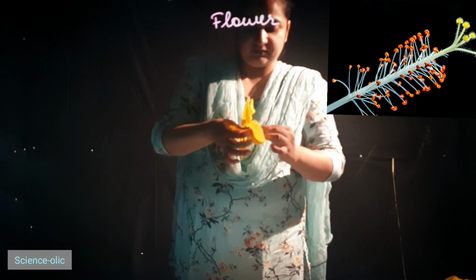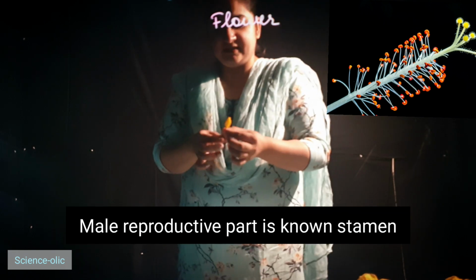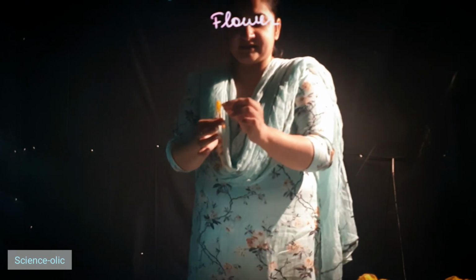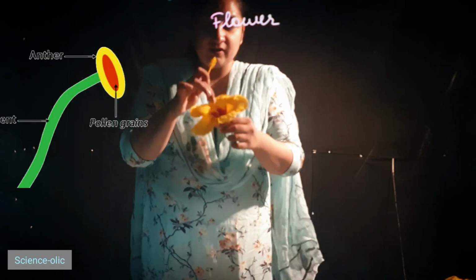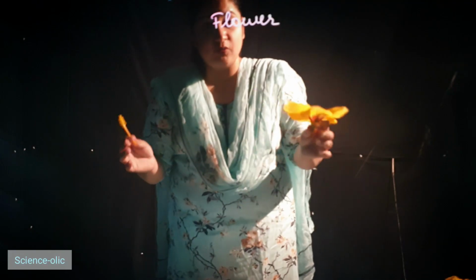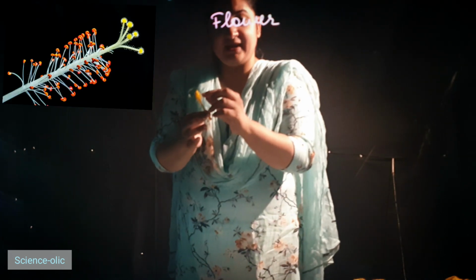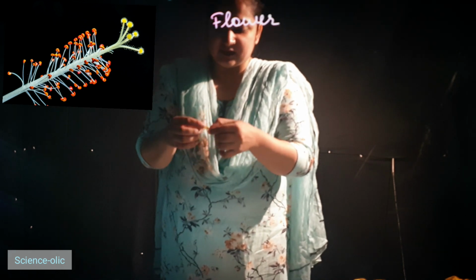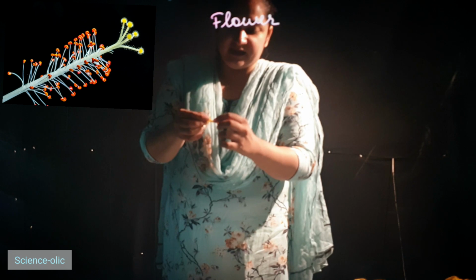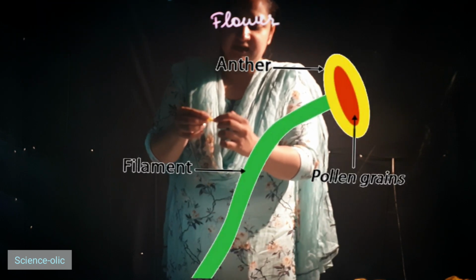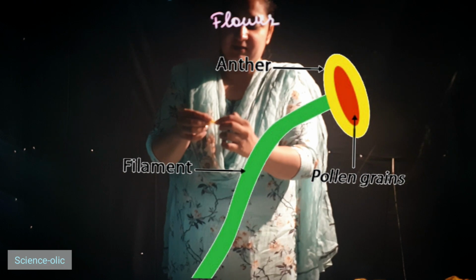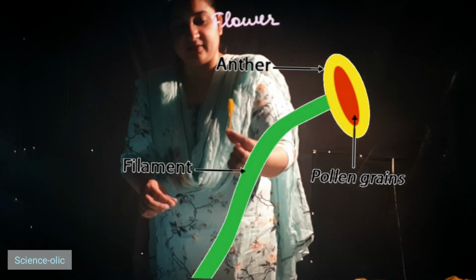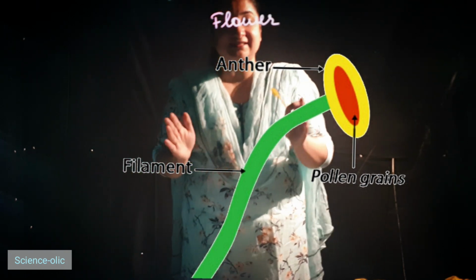I'll break this further. These, my friends, are anthers, the male reproductive part with male gametes, which will go inside the ovary and form a new fruit. See this, beautifully defined. And this, which is carrying the male gametes, is the filament. It is long and cylindrical in shape. This full structure consists of male sex cells.